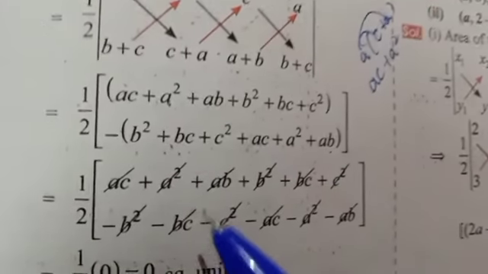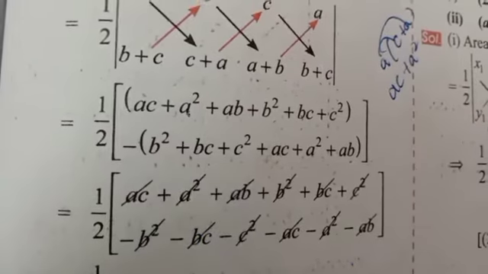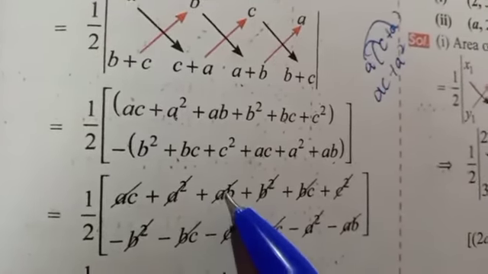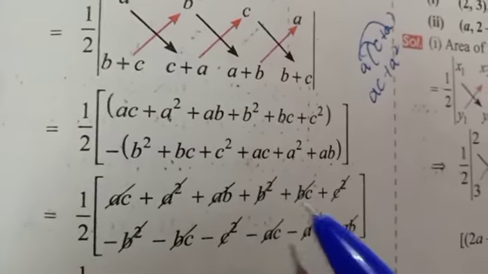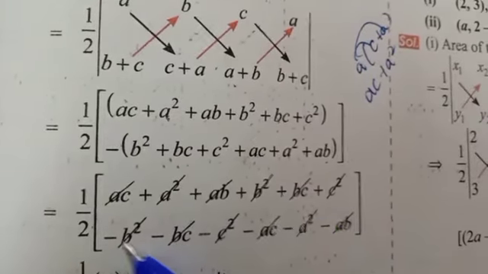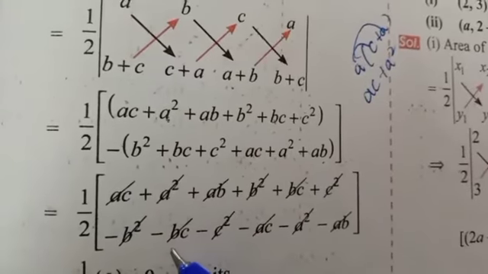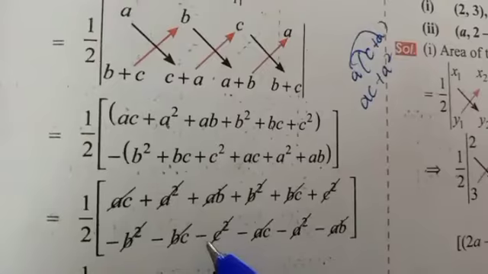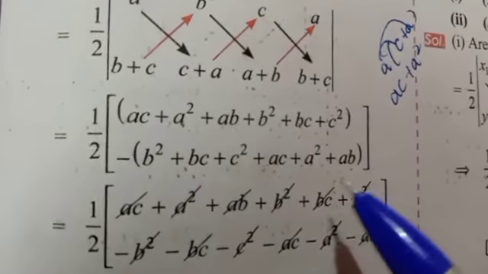So now cancelling is possible. You have to cancel. Plus ac minus ac cancel, plus a square minus a square cancel, plus ab minus ab cancel, plus b square minus b square cancel, plus bc minus bc cancel, plus c square and minus c square cancel. After all the terms are cancelled,